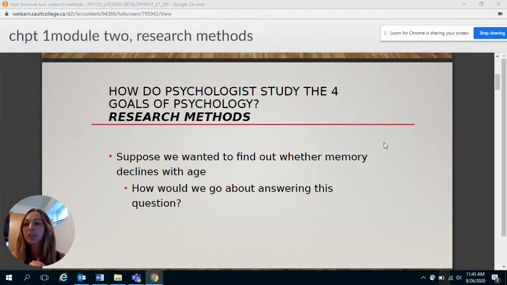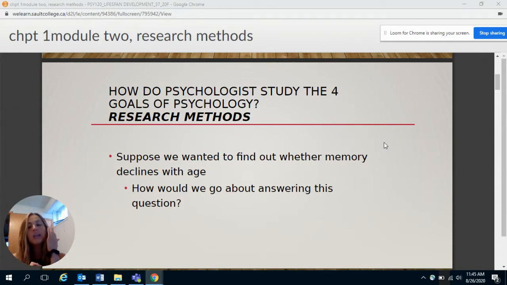Just a little refresher. The first goal is to describe the behavior that you're seeing. The second goal would be to explain it. The third goal would be then to predict when it's going to occur in the future. And then the fourth goal would be to control or influence that behavior, or for the purpose of developmental psychology,